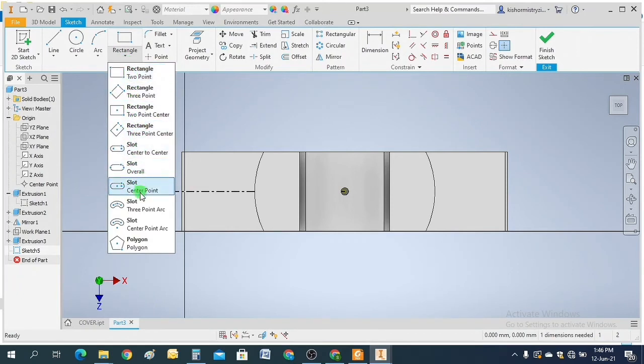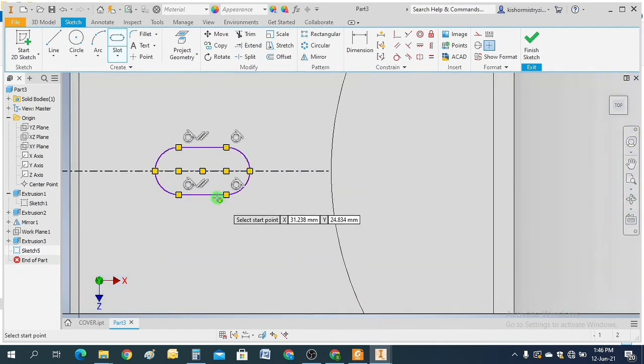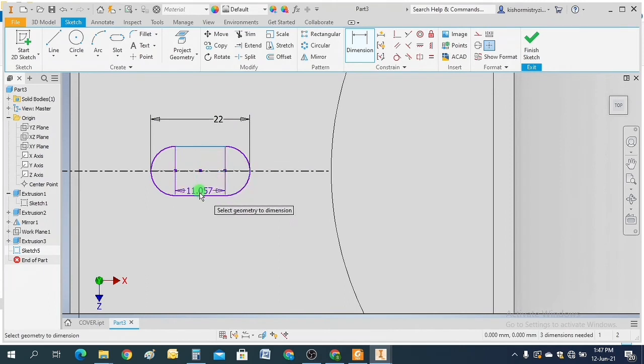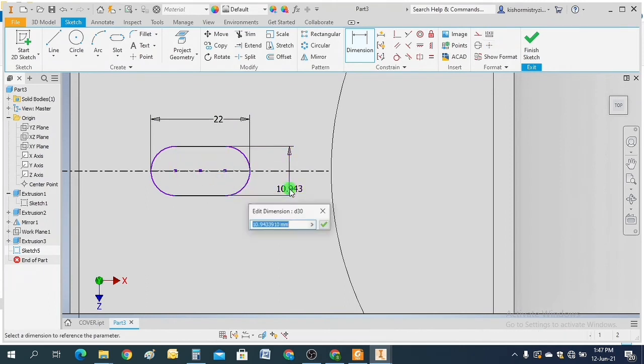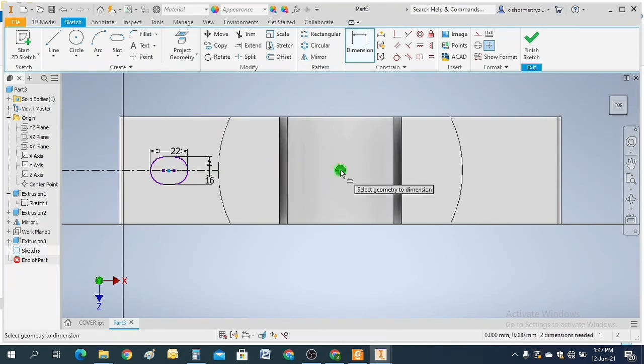In this case I will select slot overall and click this dimension. This I need 22 and width I need 16, and center will be 105.